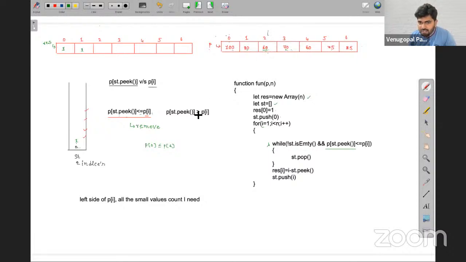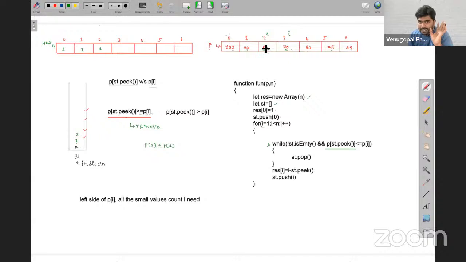Okay. Now see the story, friends. Now compare 80. Why 80? Because top of the stack is 1 now. Now is my 80 small compared to 60? If yes, I will remove. But 80 is not small. So 2 minus 1, that is 1. I am going to store it here. Okay, then I will add this index number 2. Okay, and then I will increment my I.